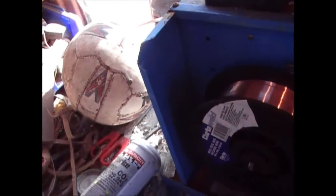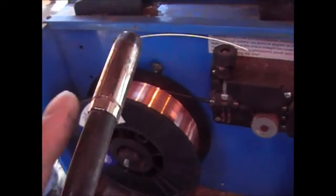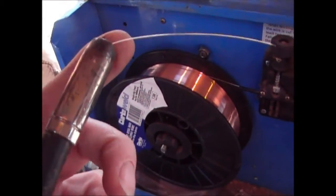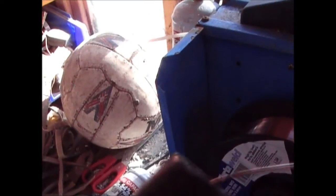So, if you can, I'm just going to put the tip of the welder and do this whilst the power's off, because if you press the trigger and the wire starts coming out, it's going to go in your ear. I'm speaking from experience now. So if you can hear this,